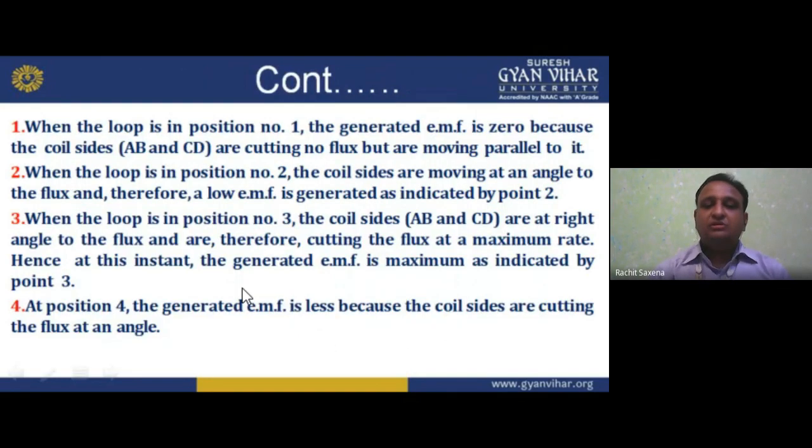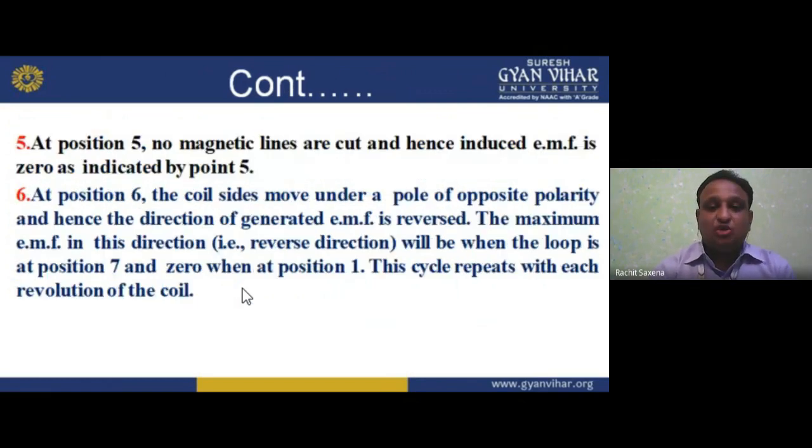Now moving forward, at position number 4, the generated EMF is less, because the coil starts cutting the flux at an angle. We can say it is near 0 value. At position number 5, no magnetic flux is cut, and hence the induced EMF is 0, as indicated by point 5. So at 4 we have the minimum, but at 5 we get 0. At position number 6, the coil side moves under a pole of